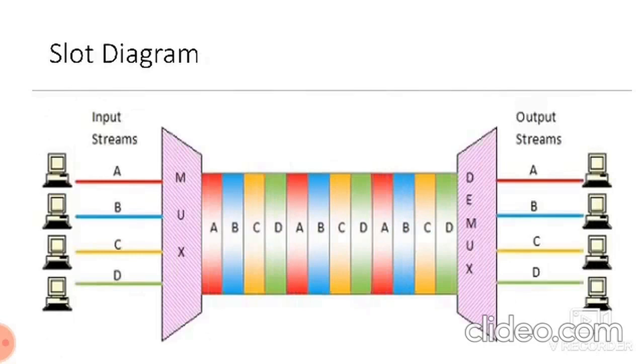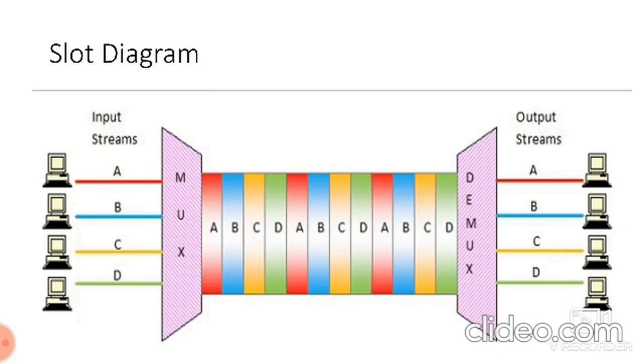So the slot diagram will be like this. Let us consider 4 inputs at the input side. These 4 inputs will be divided into different time slots A, B, C, D. Again it will be repeated A, B, C, D, and each transmitter will transmit the signal, and it should wait